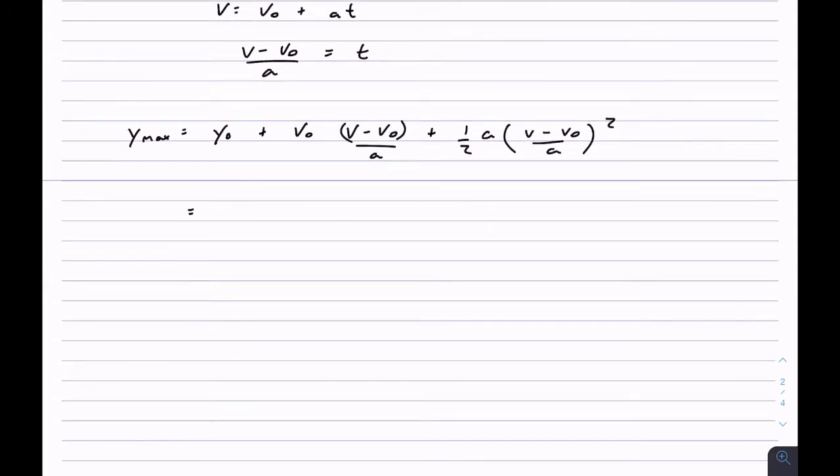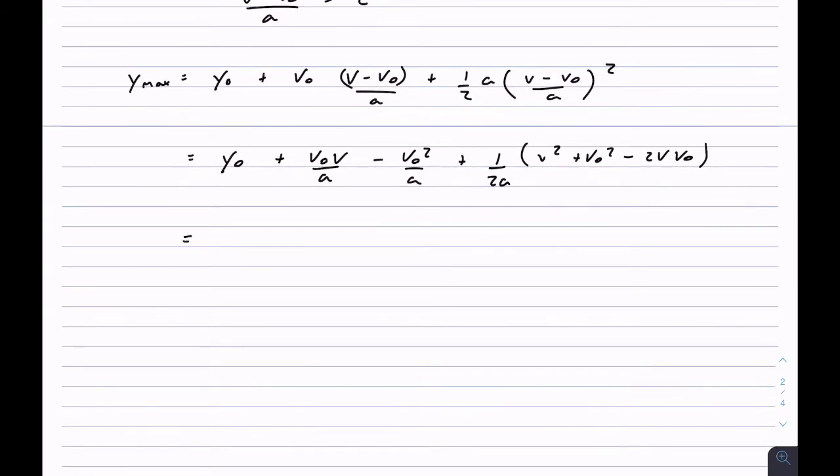That's going to give us y naught plus v naught v over a minus v naught squared over a plus 1/2 a squared, 1 over 2a, v squared plus v naught squared minus 2v v naught. Right? Simplifying this a little bit,